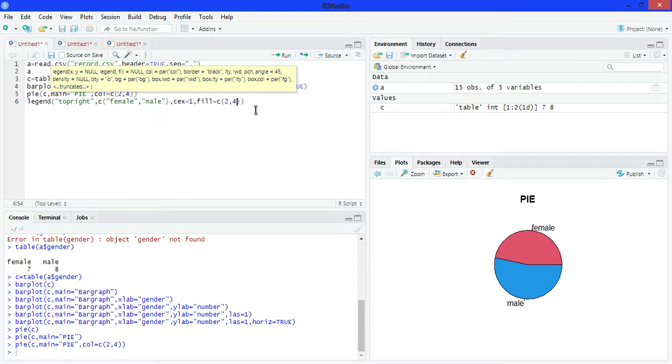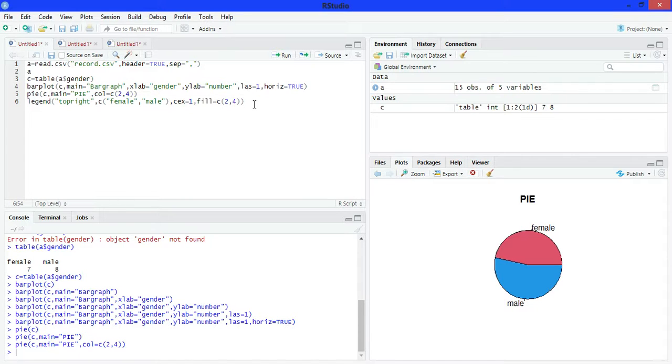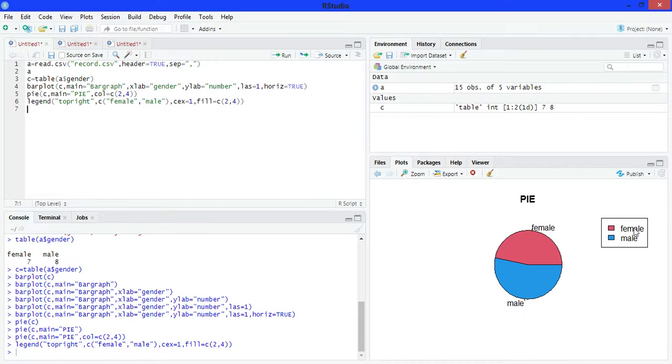Legend is used to give some extra information about the pie. Run it. See, at the top right position we have a legend.